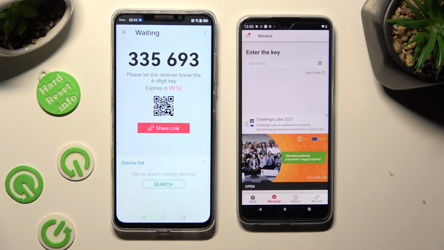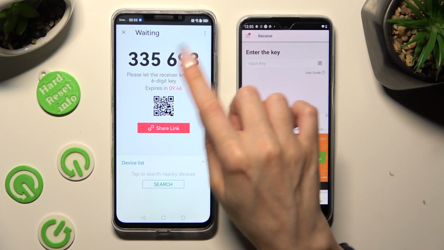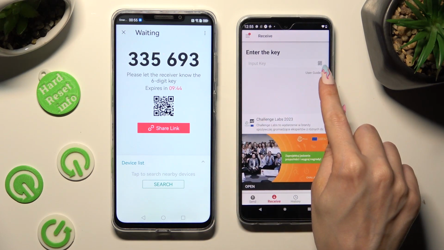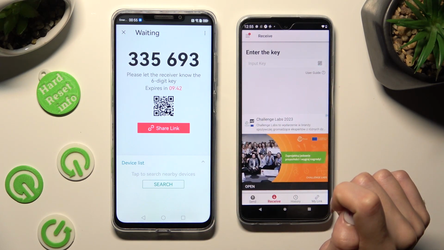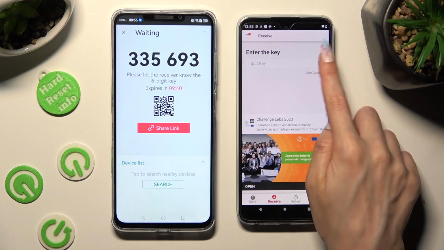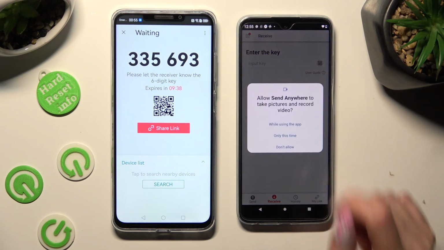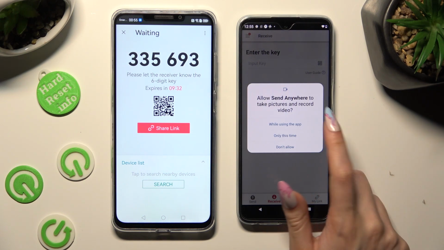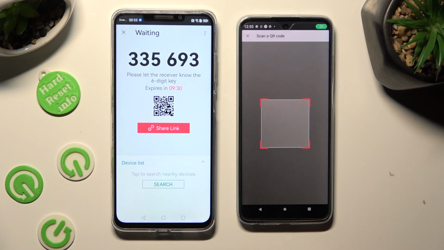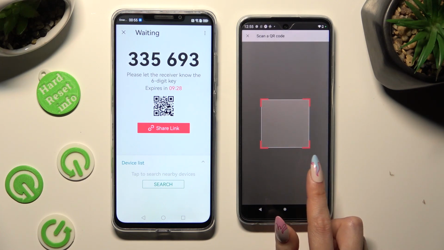Next, decide which connection way you need to use. If you want to connect thanks to this QR code, click on the scanning icon next to Input key on an Android. Select while using the app or only this time to allow camera access, and then point your Android's camera at